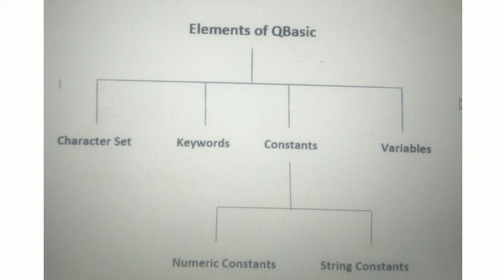Okay, and next, constants. A constant is a value that cannot be changed during program execution. Simple: the value cannot be changed during program execution. Constants consist of 2 types: numeric constants and string constants. Numeric means it is used in mathematical calculations. And next, string constants. String constants cannot be used in mathematical calculations. They are mainly used for comparison and reference, so they are called alphanumeric or string data. That's all. And string constants are denoted by double quotes.